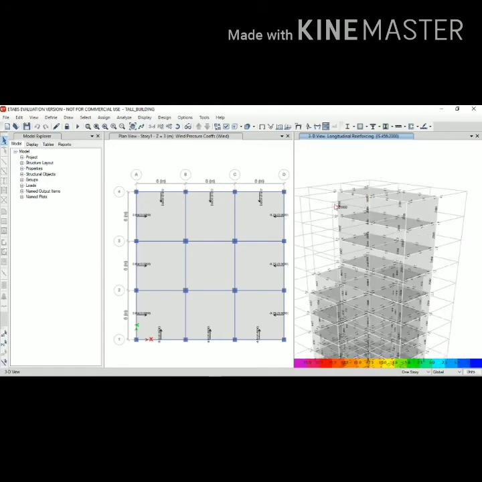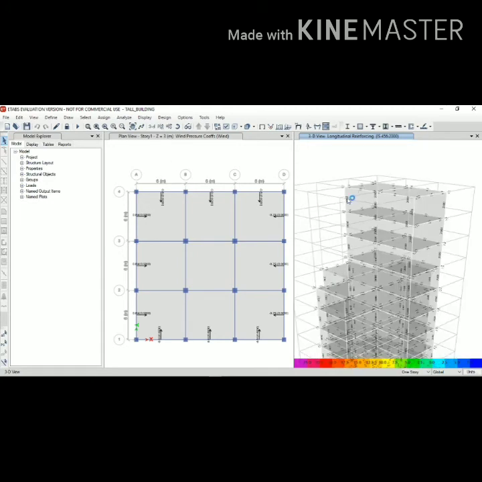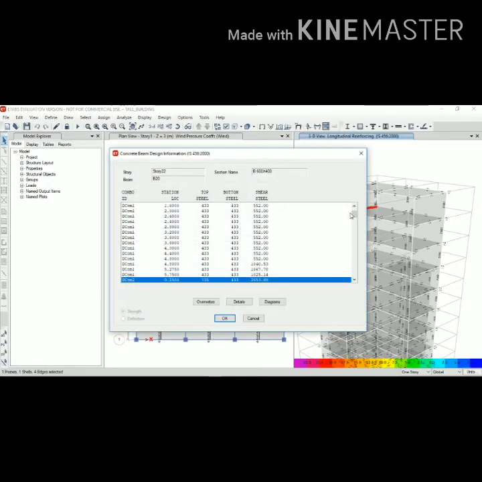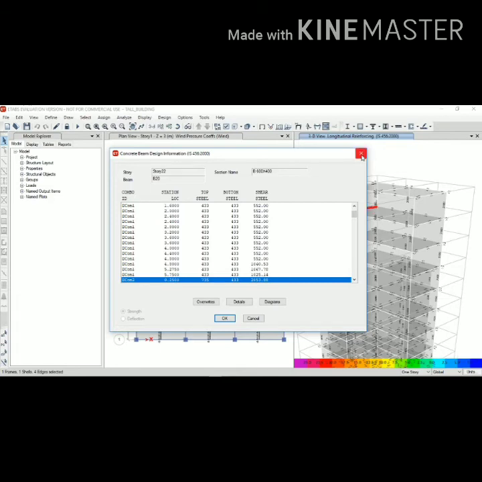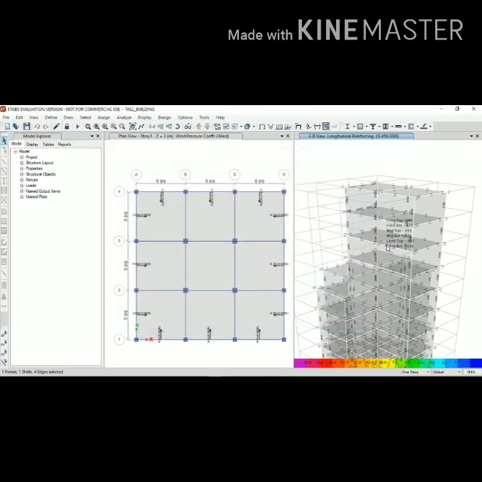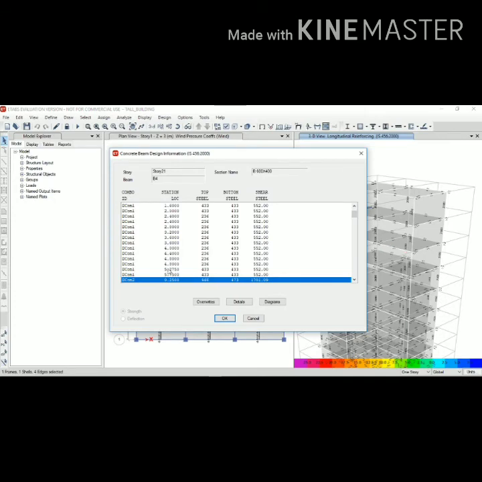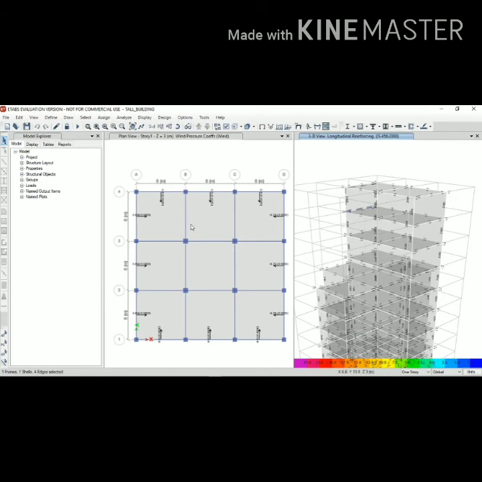By right clicking on any of the members of the building model, you can see the details of the frame section, like whether it is a beam or column, what its dimension is, and so many other things. Now we have to check whether all of these members have passed against the assigned loads.